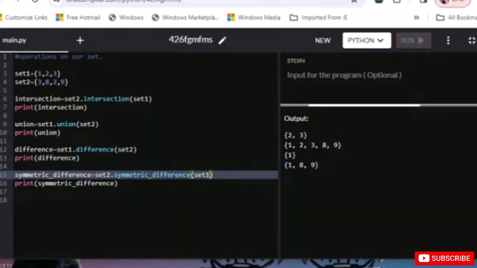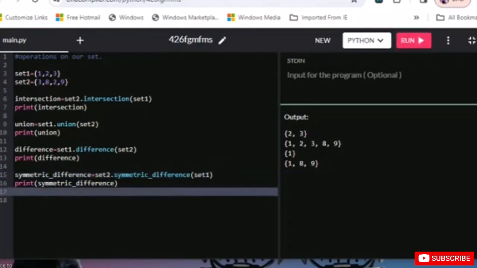The result is pretty much the same because, just like the intersection case, we are finding the symmetric difference, not the difference. Remember, difference shows a different thing, but the symmetric difference is going to differentiate the elements which are in the first set but not in the second one. You can imagine that at an advanced level, when you are programming something, you want someone to access a particular part, or you want someone not to get access to that particular thing.